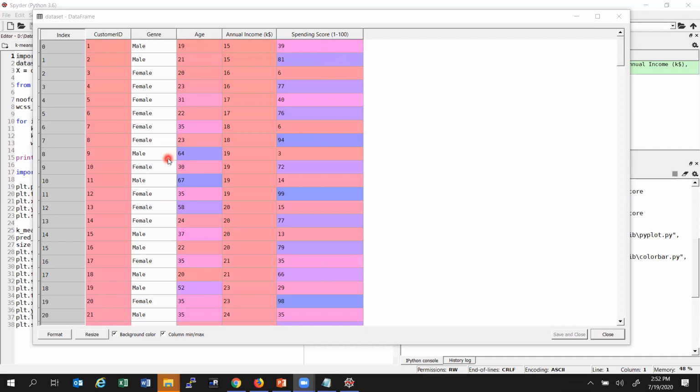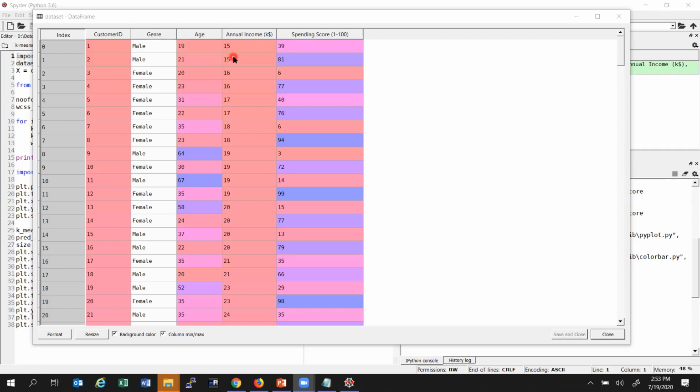Definitely, customer ID doesn't hold any value, because it is just a random number given to a customer.